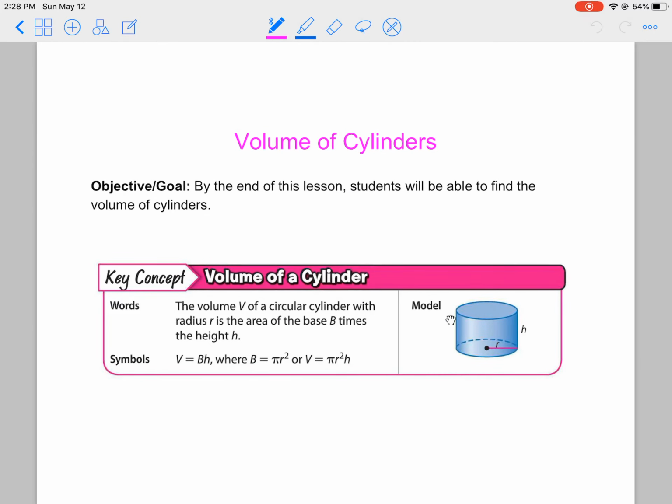Hi there. In today's lesson, we will be learning how to find the volume of cylinders. Okay, so it's actually pretty easy. You just need to know this formula. Remember that volume is equal to